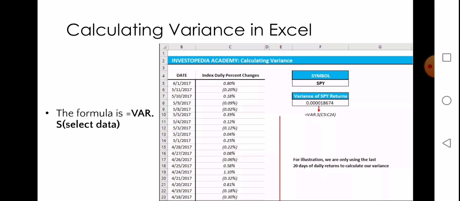For example, if we had all returns in history of the SPY ETF in our table, we could use the population measurement VAR.P. But since we are only measuring the last 20 days to illustrate the concept, we will use VAR.S. As you can see, the calculated variance value of